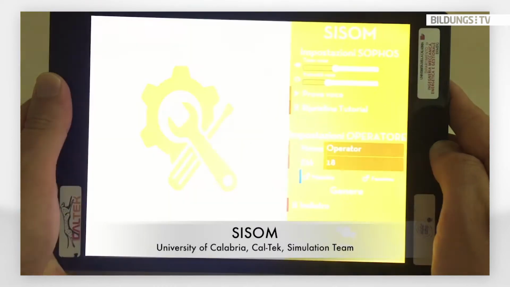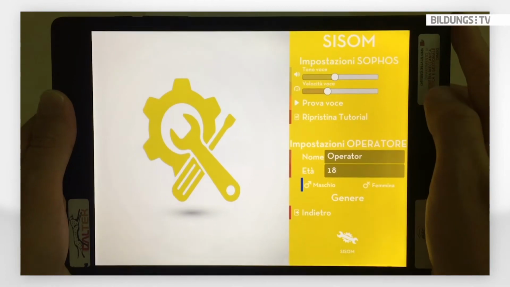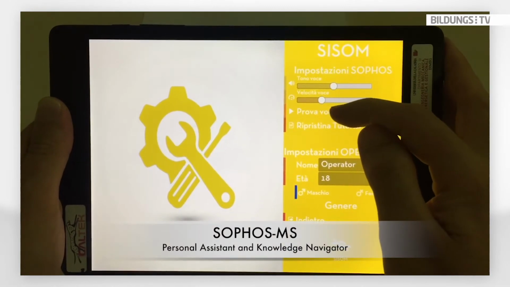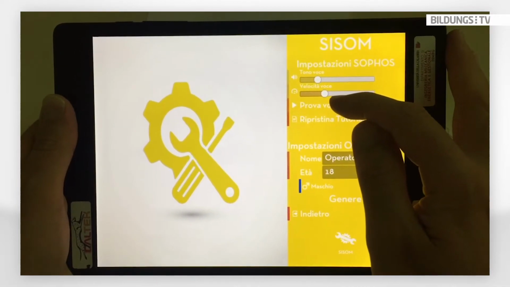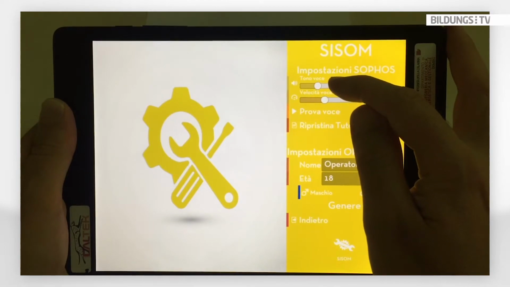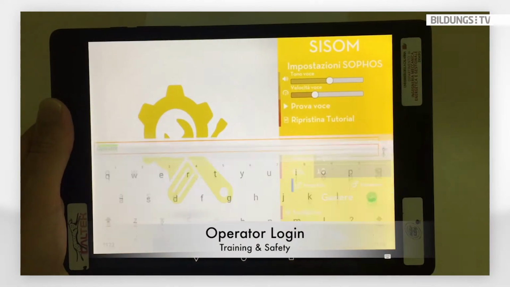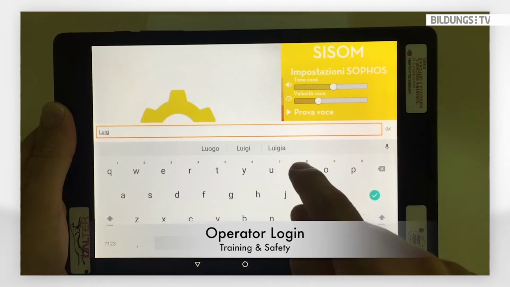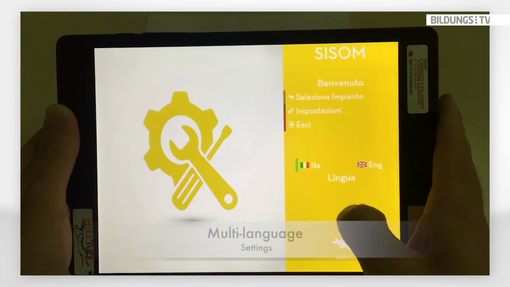So you can see, first of all, there are some settings about the personal assistant. You can decide the voice, you can decide the tone of the voice, you can decide some basic information about your personal assistant, then later it will be able to give you an answer if you ask a question. Let's see first of all how it works with augmented reality. I will go a little bit ahead. Okay, in a few seconds.